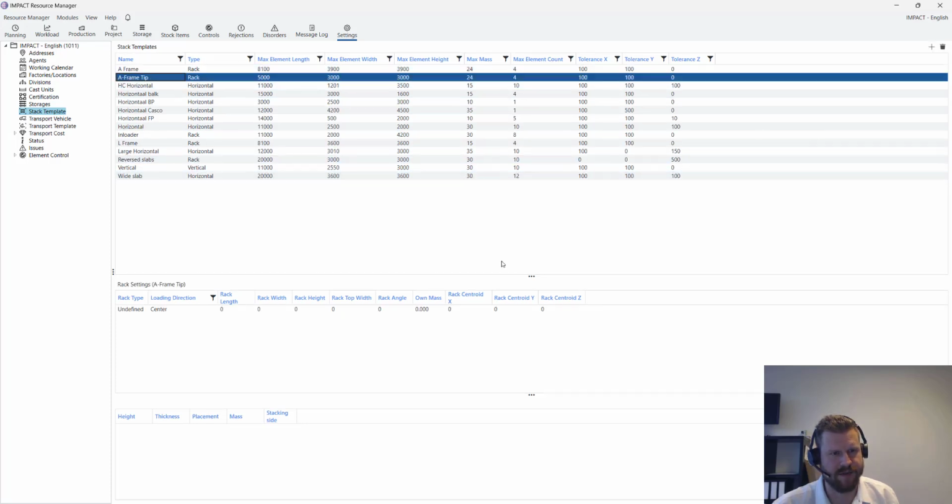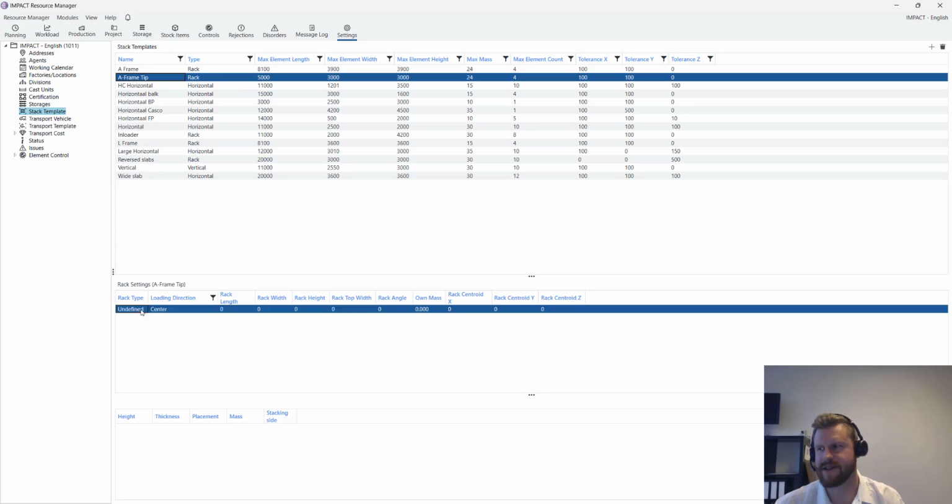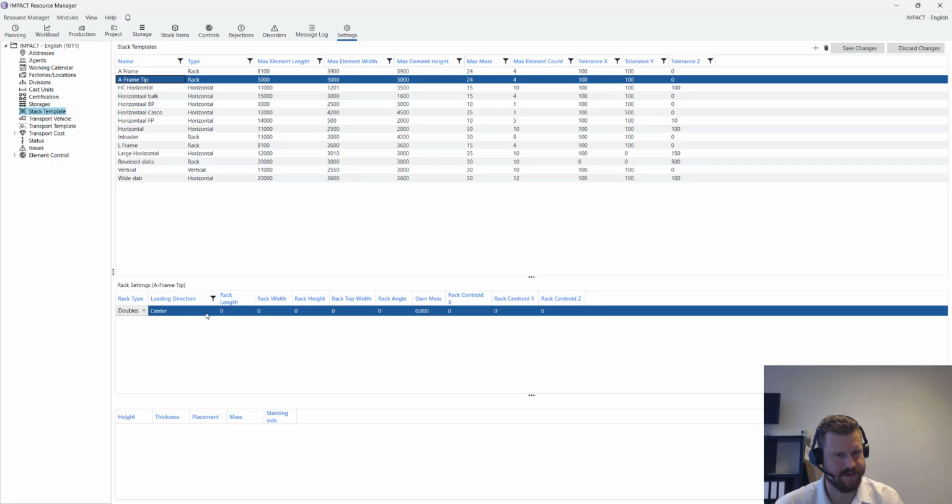So now we have our A-frame tip, but with the A-frame, we need to do one more thing. We need to go down and take the rack type here. And the rack type with an A-frame is double-sided. The loading direction we'd like to be center, then it'll go left, right, meaning that we'll keep the center of gravity when we lift the elements off and we get to the site. So we'll take the rack length, put it to 5 meters, the width to 2550, the height maybe to 3000, the top width itself to 50, the angle to 3 degrees, maybe it'll weigh 1 ton by itself,